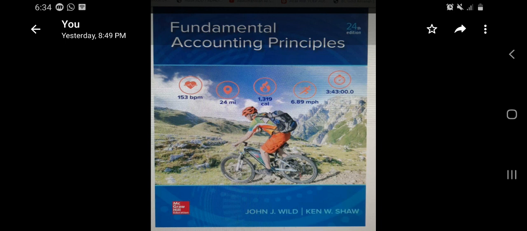You can download the textbook, and then you can use the textbook. Later you will learn about that. And also in that eConnect system, you can do exercises. And then I think you have to do your quiz also using the eConnect system.